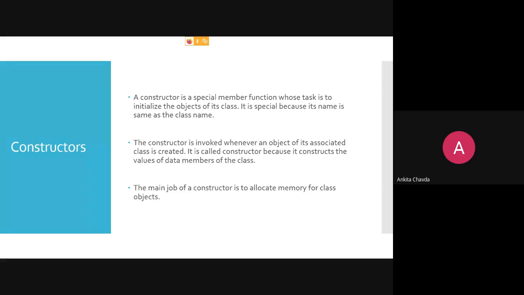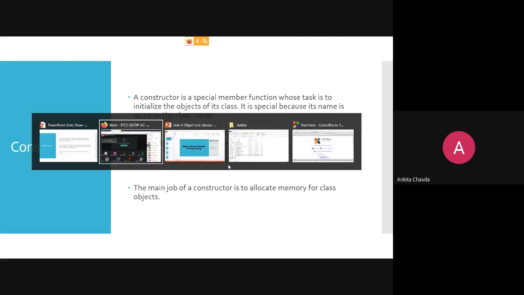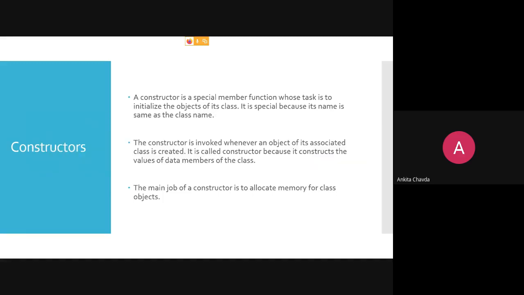But your constructor will be called whenever an object has been created for that particular class. So it is called the constructor. Why? Because it will construct the value of the data members of the class.